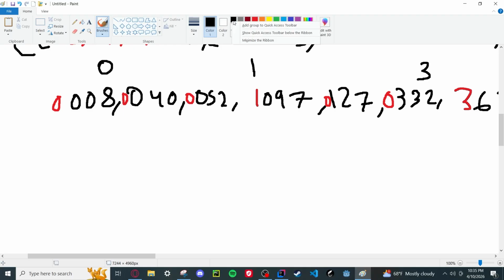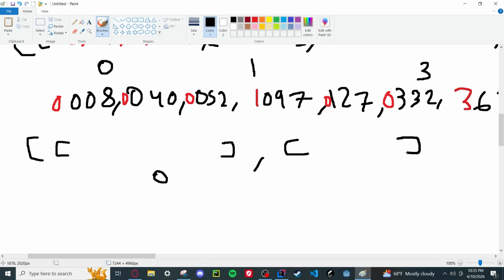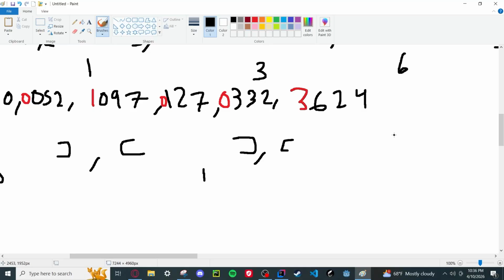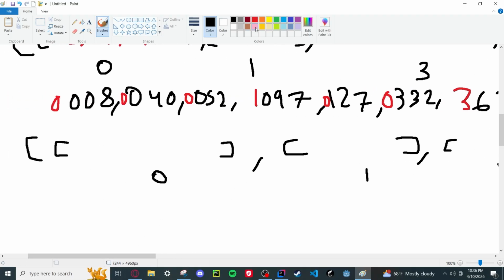so what we're going to do now is take these values, same process, bucket them. I have a feeling that the 0 bucket could be huge, so I'm just going to make it like this. 1 bucket, and then we need a 3 bucket. If I'm not writing any buckets like the 2 or others, it's not because they don't exist, they technically exist, but I'm leaving them out because they're going to be empty anyway. But anyways, you're going to add a 0, 0, 8, or 0, 0, 4, 0, or 0, 0, 5, 2,